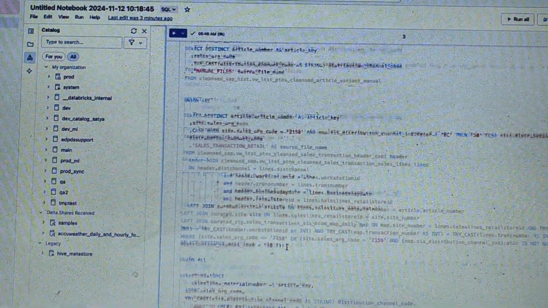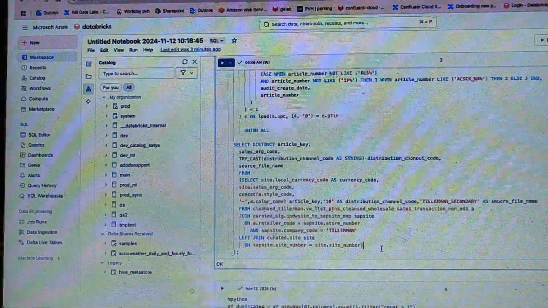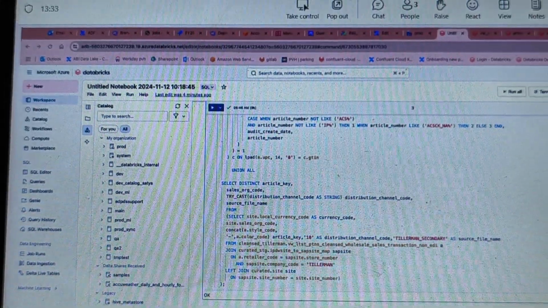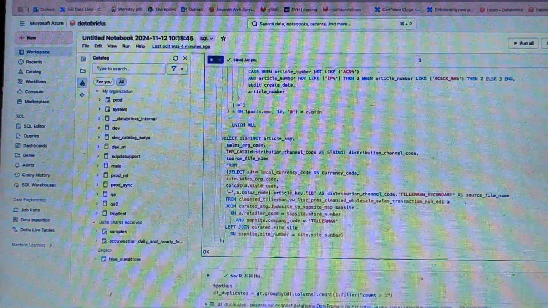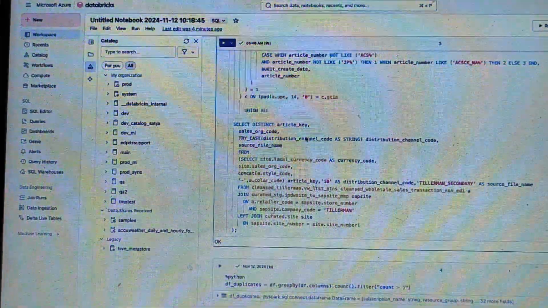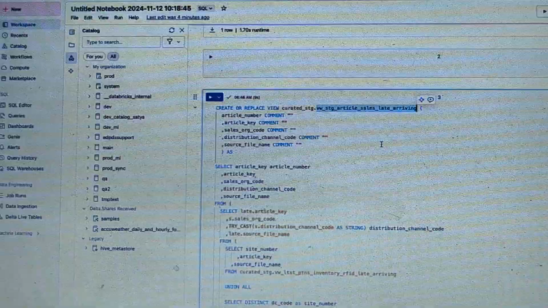So basically we are mostly getting this issue for the distribution channel code and date attributes, right? Not one particular field, it can be any field if the schema mismatches between source and destination. For this view, the issue was because of distribution channel code.